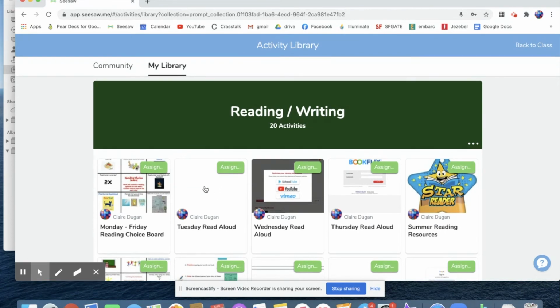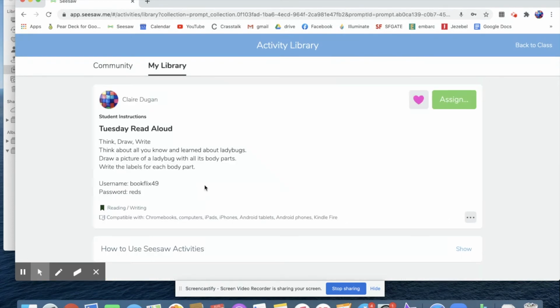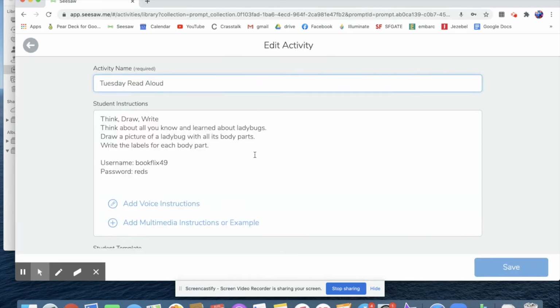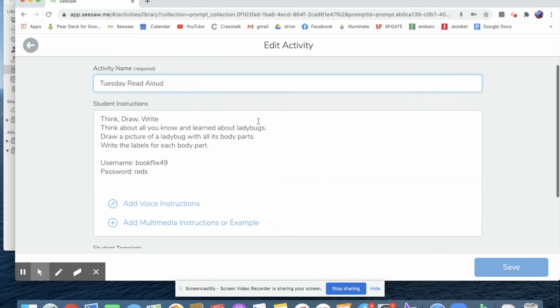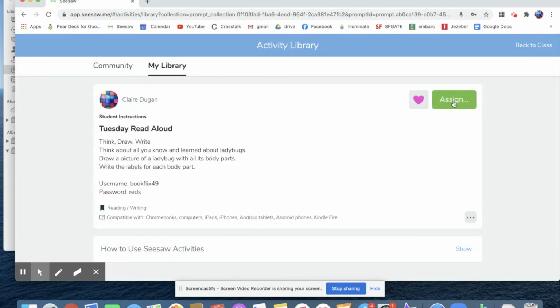Like when it's time for Tuesday's read aloud, I can click on this. Then I can click on these 3 dots and edit the activity. So I can put the new link to the new video or new instructions, and then I save it, and then I can assign it. So by doing it that way,